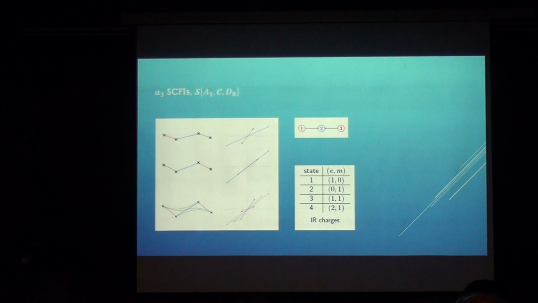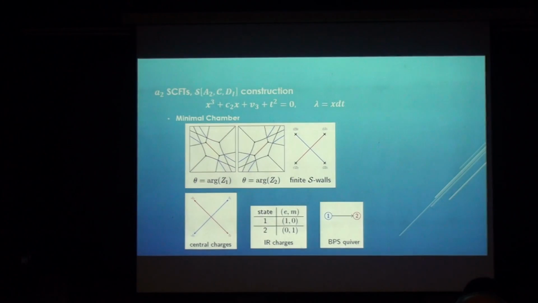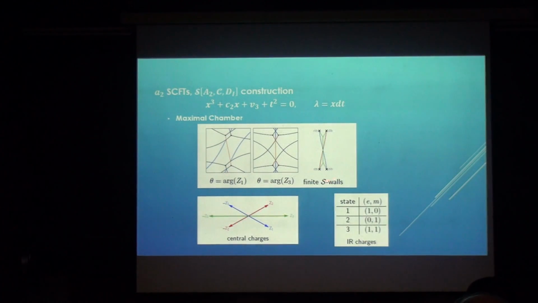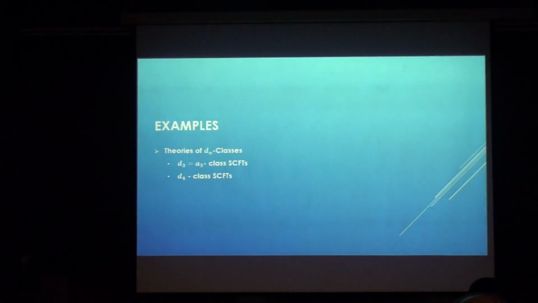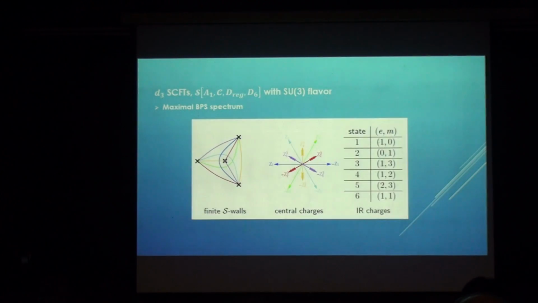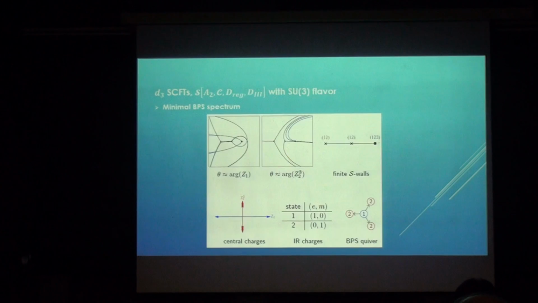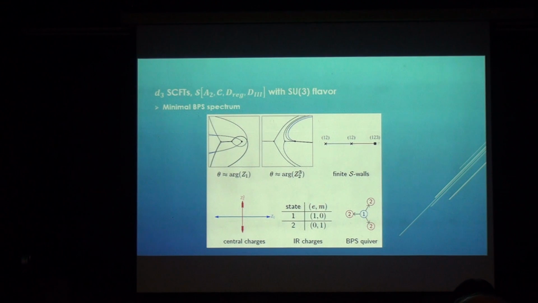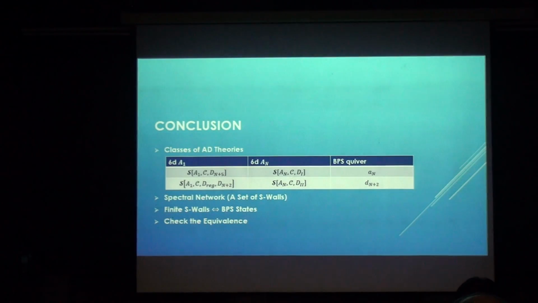So if we compare this case and this case, we found that these 2 different constructions lead to the same BPS states and the same wall crossing phenomenon. So there is a good chance that these 2 different constructions give the same IR fixed point. I don't have time to show all these results, but you can trust me. You can look at my paper, where all these different constructions give the same spectrum. So yeah, the conclusion